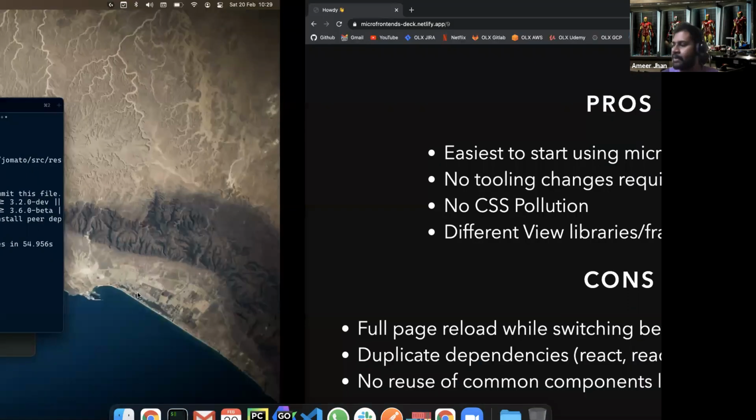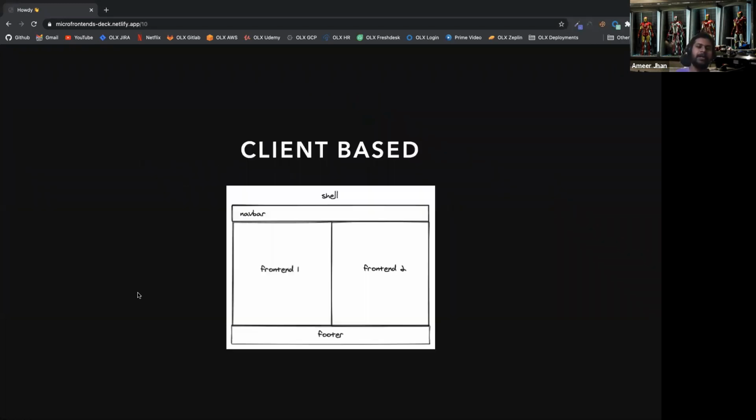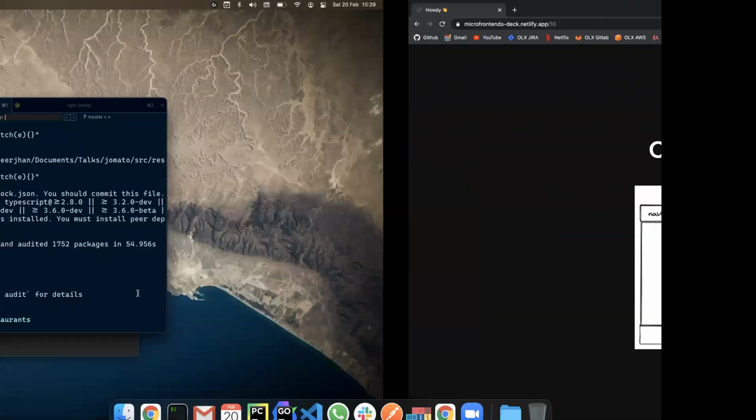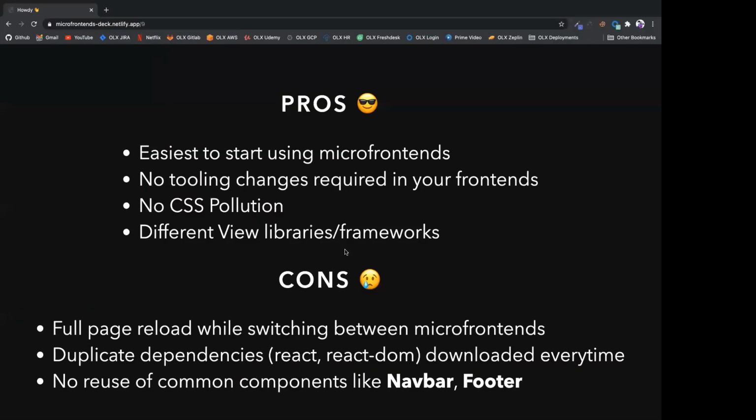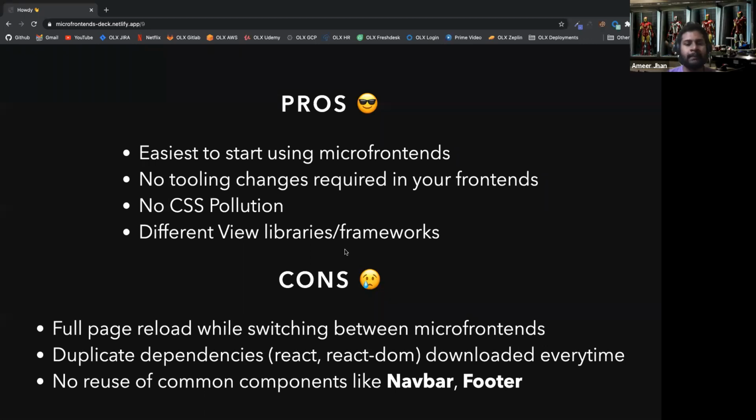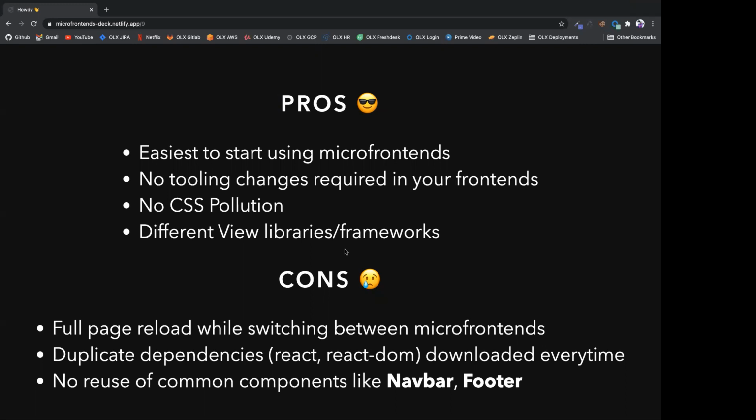Cool then, let's move on to the next strategy. Sorry, Amir. Dinesh here. Just looking at the strategy that you just explained, I'm wondering, it's hard for me to see this as a micro frontend, because the entire pages are being served, and as you said, we can use npm packages to reuse. But does this actually fit into the definition of micro frontend?